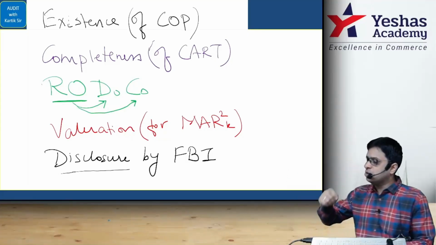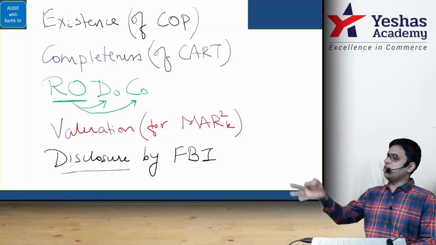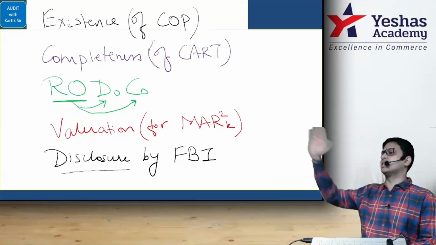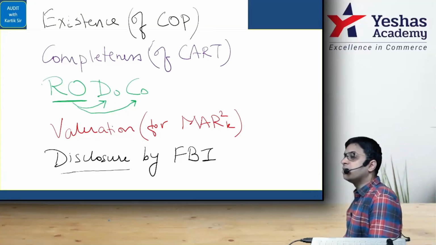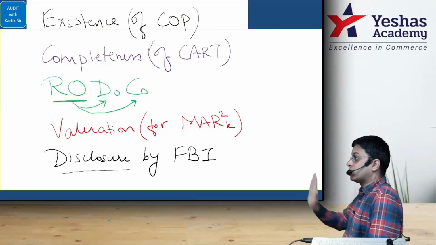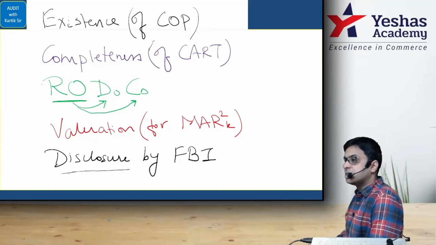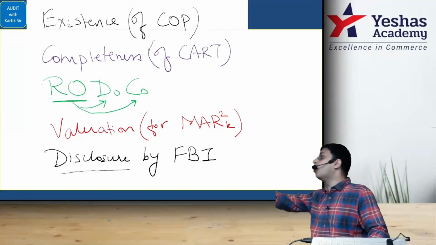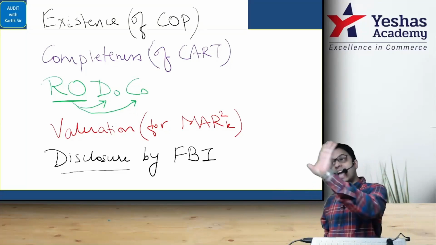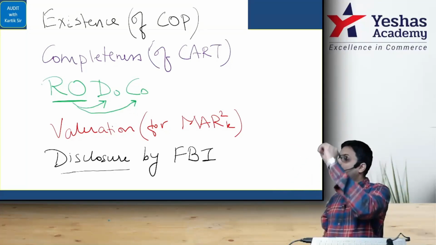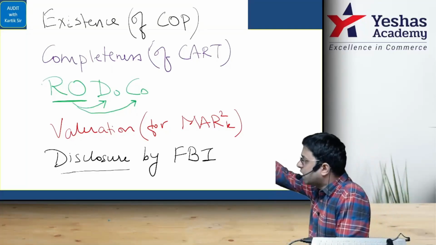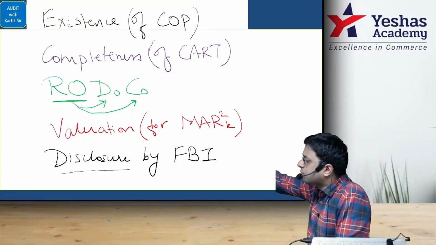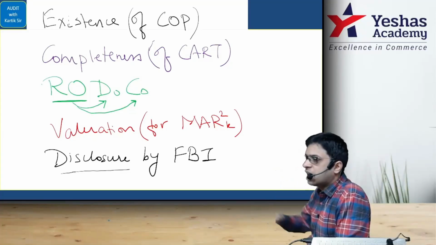Now, whenever they ask you existence, 100% the first 3 points should be this, and then you go to the main answer. Then you go to the code, basically CARDS, COIN. For this it is PI for assets. For existence, you'll check on assets, or you'll check existence of liabilities. Remember existence. Assertions about account balances: existence, rights and obligation, completeness, valuation. You are checking the assertions: existence, completeness, RO is nothing but rights and obligation, and valuation and disclosure. Are you there? Yes or no?